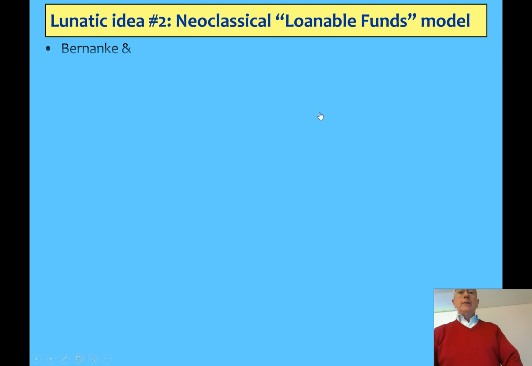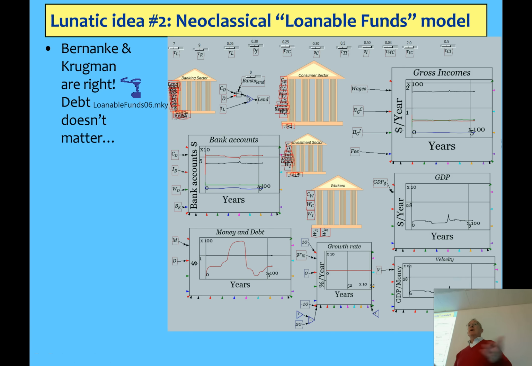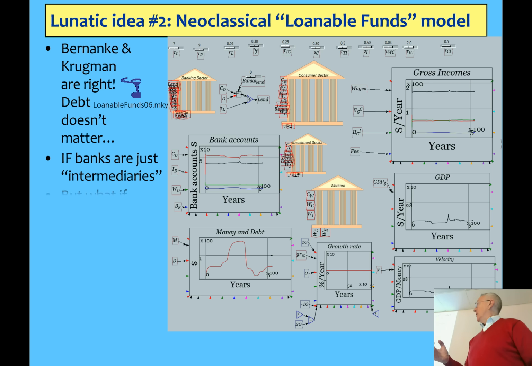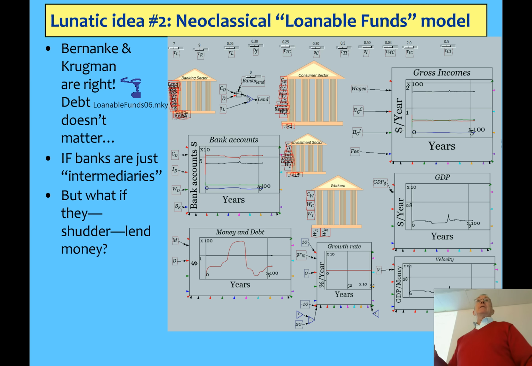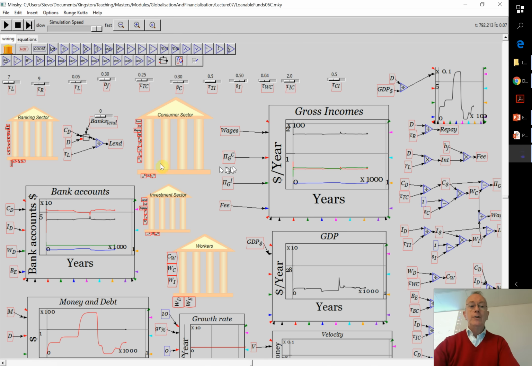So test the model. That's shown you the output, all those variations to the level of lending, bugger all difference to GDP. And this comes down to that point that Bernanke made: outside extremely large, implausible differences in marginal propensities to consume, no particular macroeconomic impact. Well, let's make a really, really weird assumption: let's assume banks lend money. What do they originate? Well, let's see if we can show that in Minsky. So let's go back to that version I've got here.